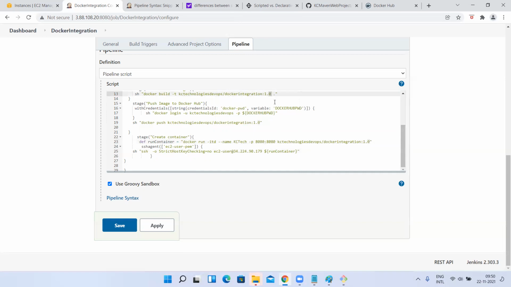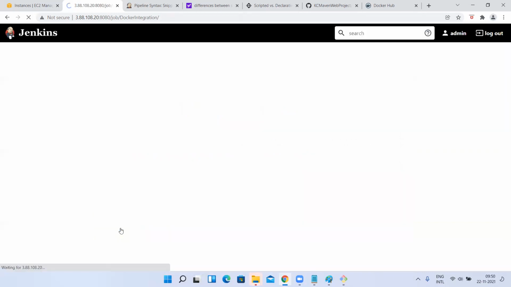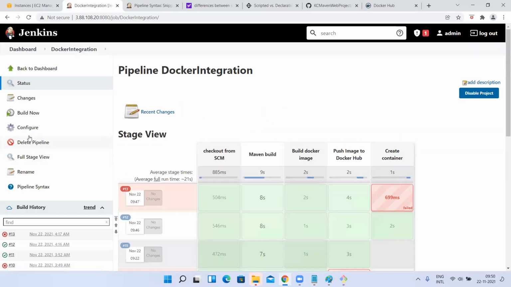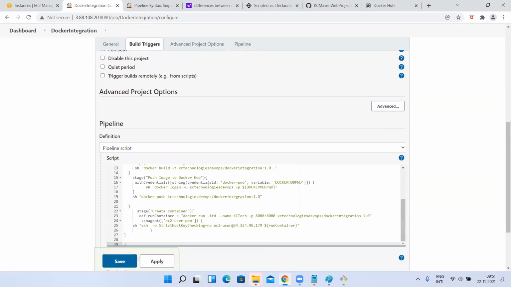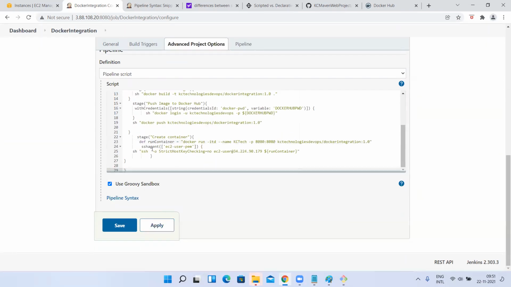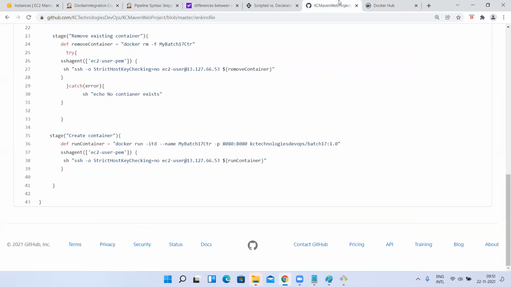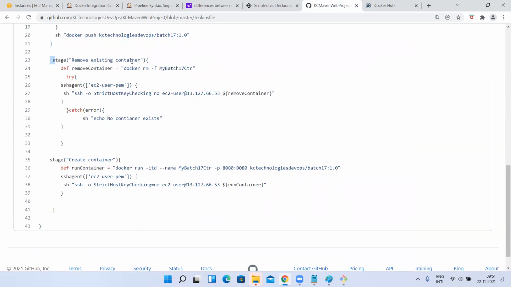So in that case, what should you do? Whether you are building with the same version image or a different version of image, before creating the container, you try to stop and remove your old container. You create one stage like this, with Docker rm -f. You should not use -f, you have to execute stop first and then remove. I just gave it for an easy thing. First you have to run docker stop container name.